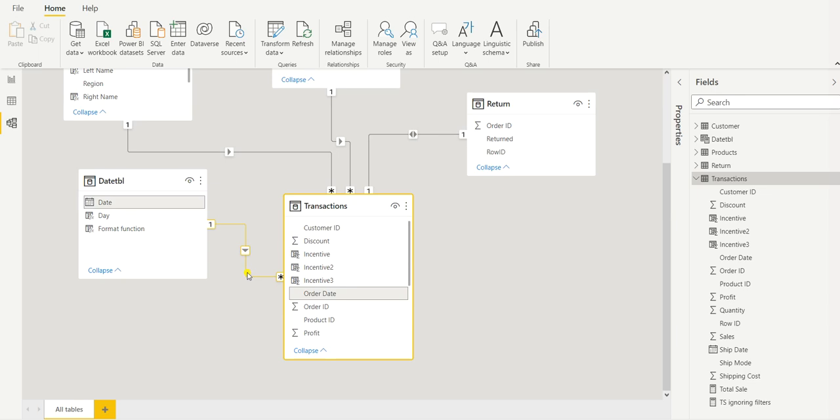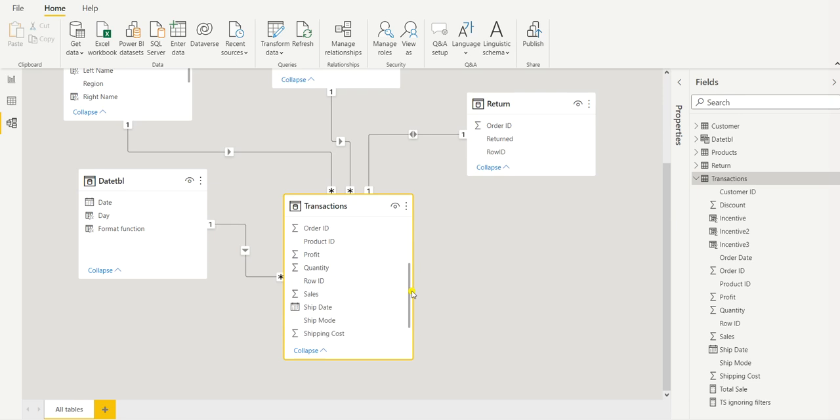See, I just hover over the arrow, and it is showing the relationship between date and order date from the transaction table. So when we want to have total sales, whenever we create a table showing the total sale, it will pull the data as per the order date.